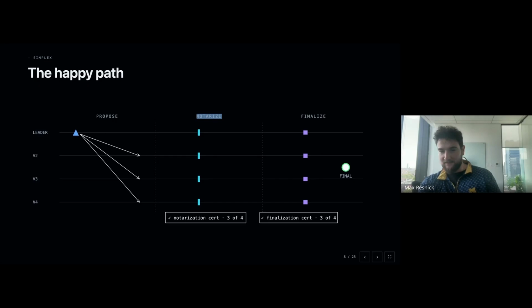So they've seen the notarized certificate in the block and voted to finalize it, and therefore they know about that thing, and the notarized and the finalized certificate has been formed, so they can never vote for a competing notarized certificate in that block.